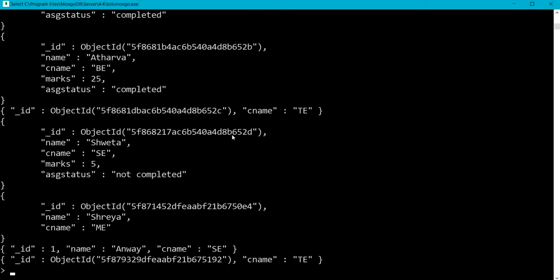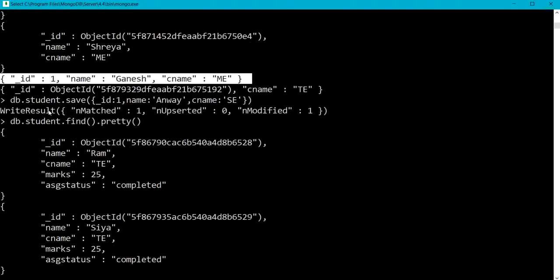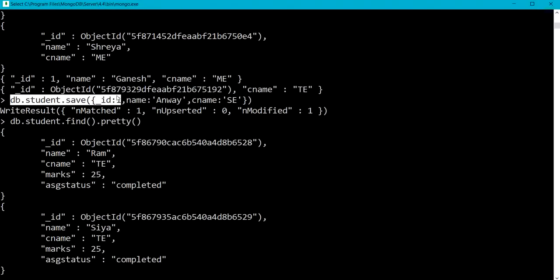The save method was db.student.save with underscore ID 1. So we have matched the document with the underscore ID field. Name is given as Anvay and class name as SE.